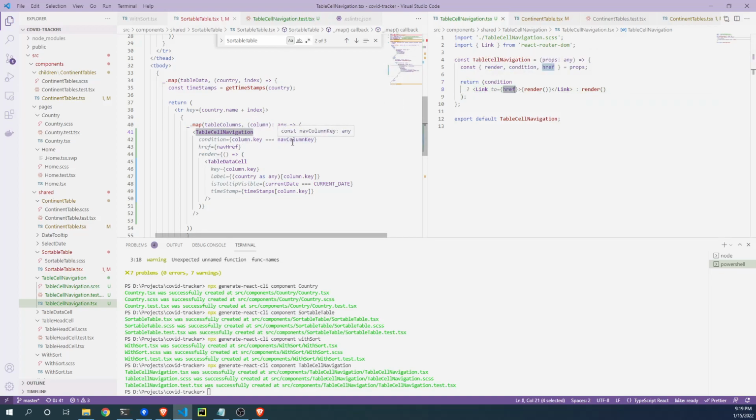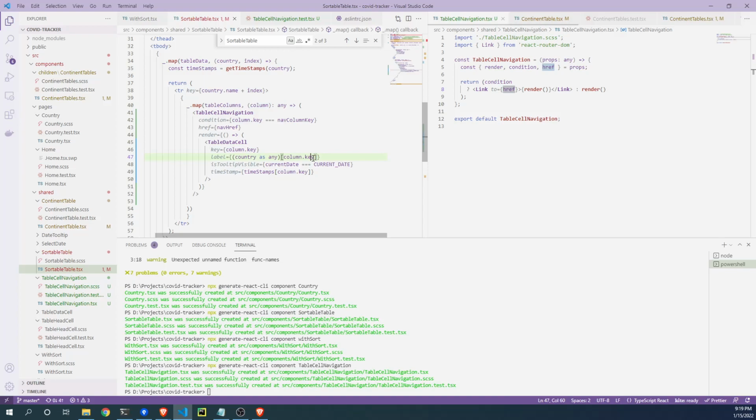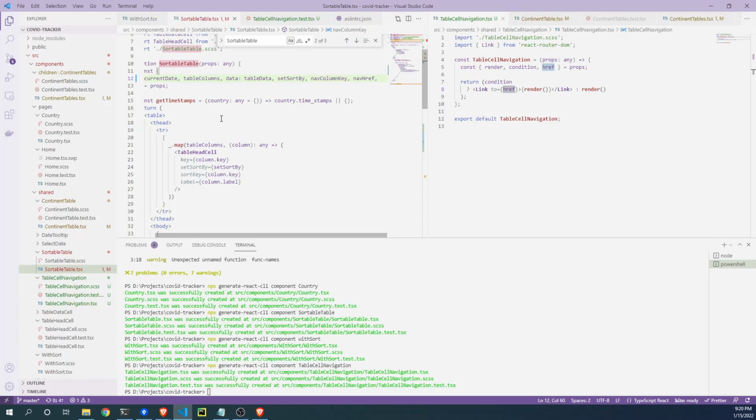And let's navigate to column key, to the nav column key, which is